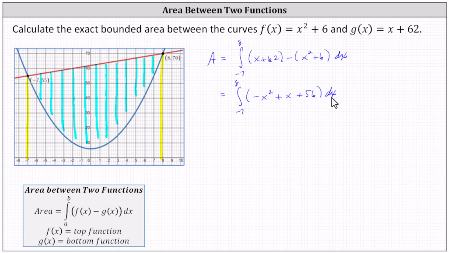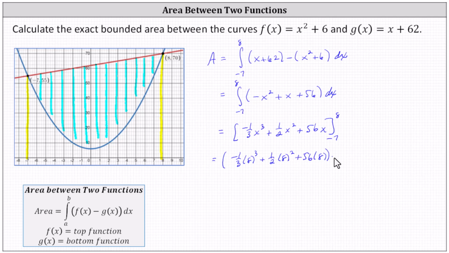And now let's find the antiderivative. Integrating, we have -x cubed divided by 3, or -1/3 x cubed, plus x squared divided by 2, or plus 1/2 x squared, plus 56x. And now we determine big F of 8 minus big F of -7. Substituting 8 for x, we have -1/3 times the cube of 8 plus 1/2 times the square of 8 plus 56 times 8 minus,